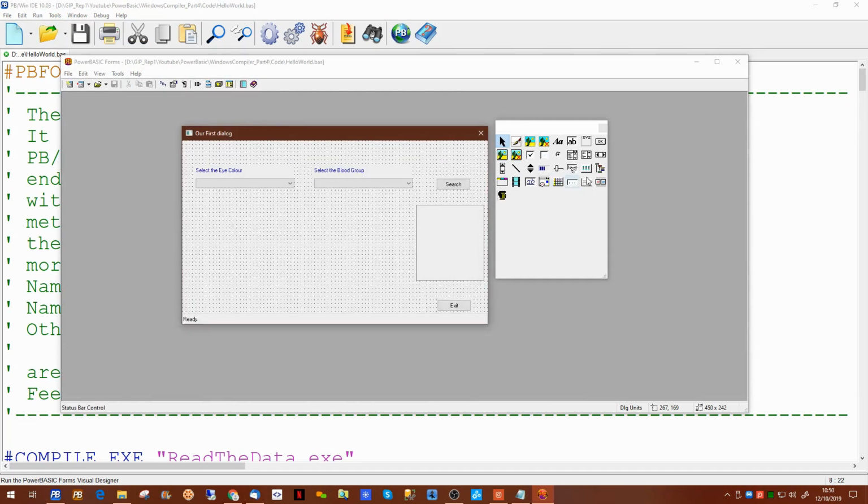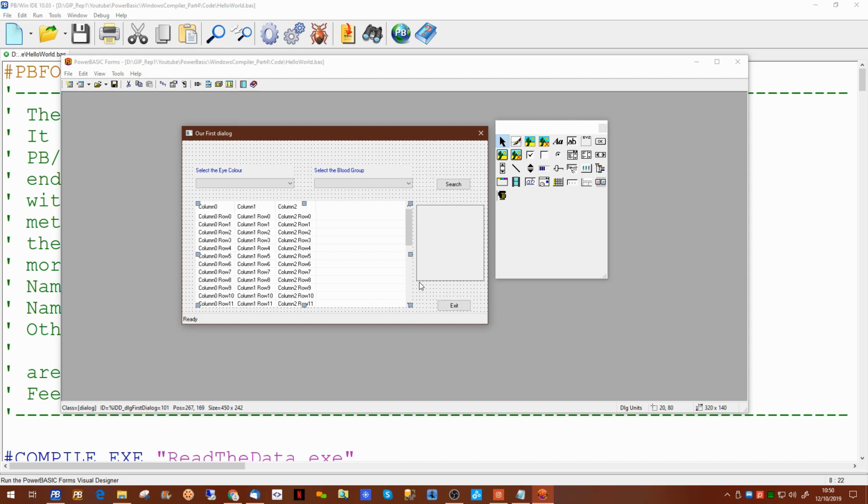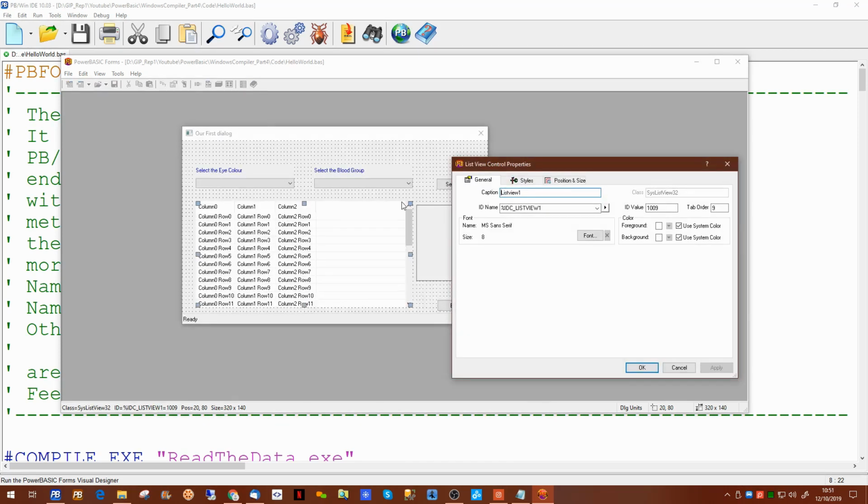And all we're going to do in this one is there is a list view control, which if we double click on it and drag it onto the area of the screen we want, this is going to display a basic grid on screen, which we can define the columns and add rows based on our search condition. So we'll just nip into the properties window and we will call this control LV data grid